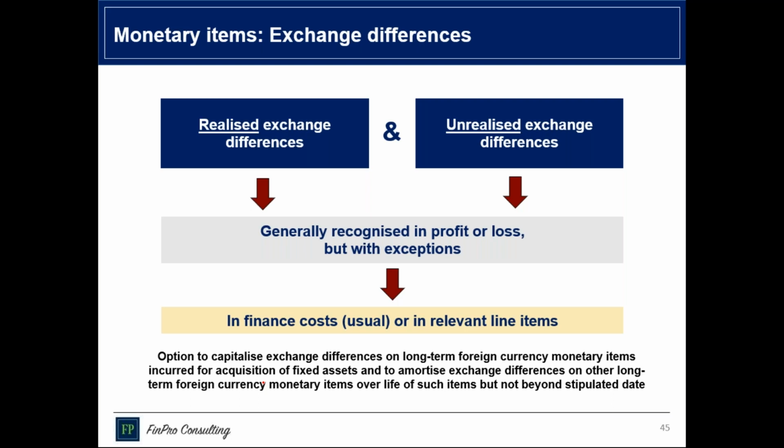If it is not relating to the fixed assets, it may be relating to some other items which are not fixed assets, then the standard allows you to accumulate all such gains or losses in a separate account which is called FCMITDA, Foreign Currency Monetary Item Translation Difference Account,